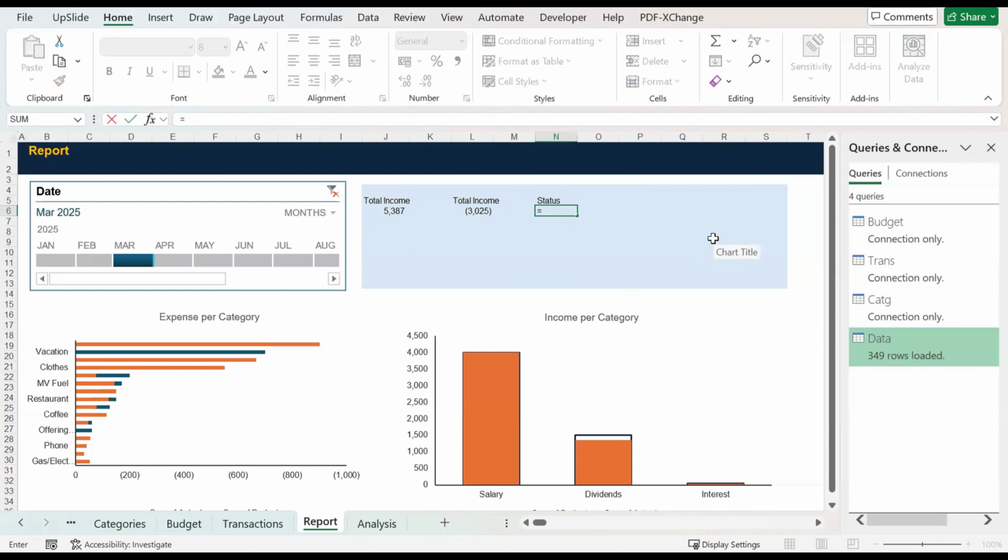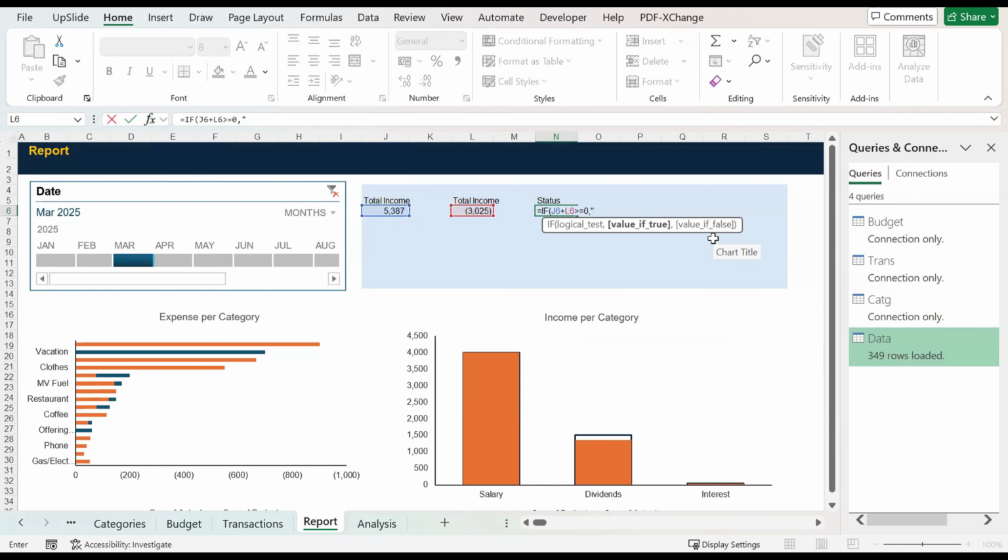So equals to, if I put a formula, if this plus this is greater than or equal to zero, give me, that means